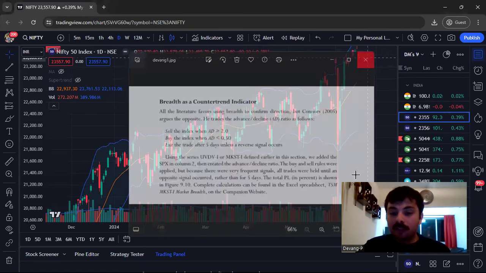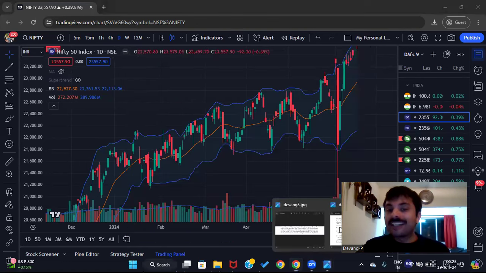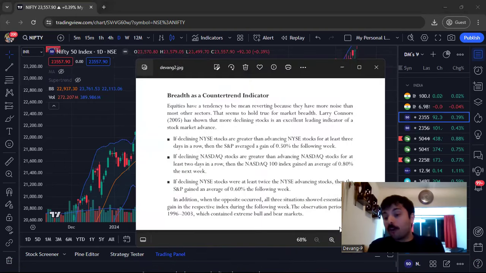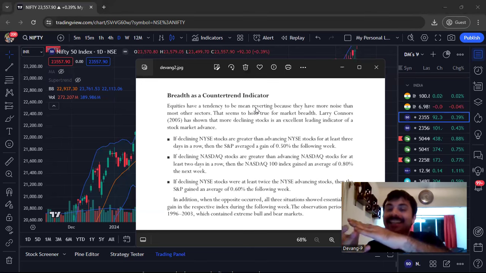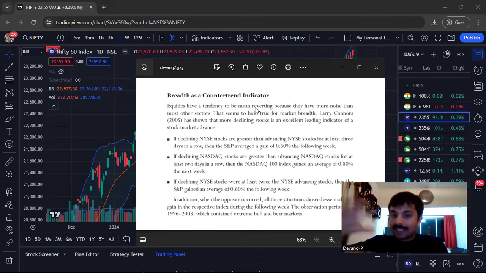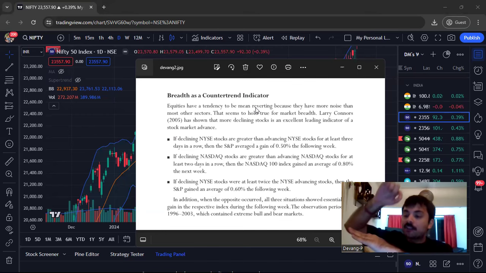If I go a little bit forward, he started talking about another very interesting concept, which you can obviously also build up in your Indian markets or any other market that you're trading. He said that equities have a tendency to be mean reverting. Mean reversion matlab ho gaya, for example, let's say a 20 moving average, right? That's a central tendency, that's a mean. Example de raha hu, if your stock price or your index, whatever, is moving very far away from the 20 moving average, which is considered to be the mean,